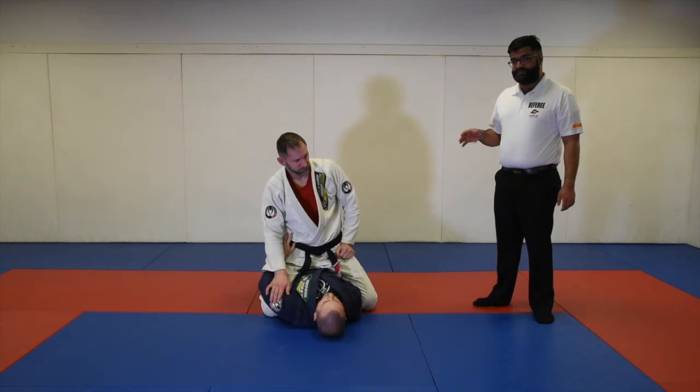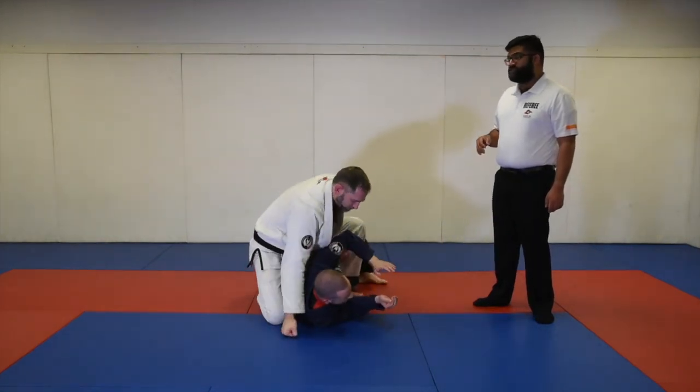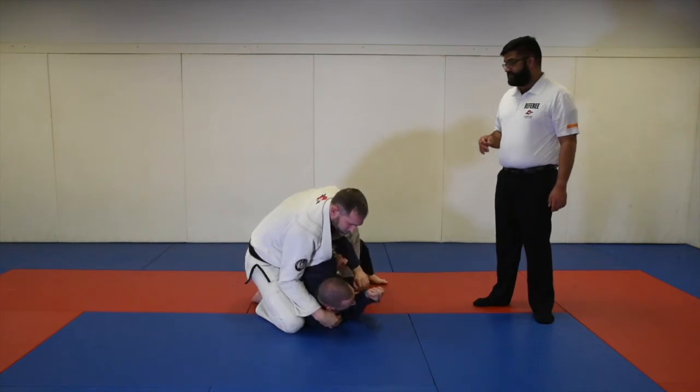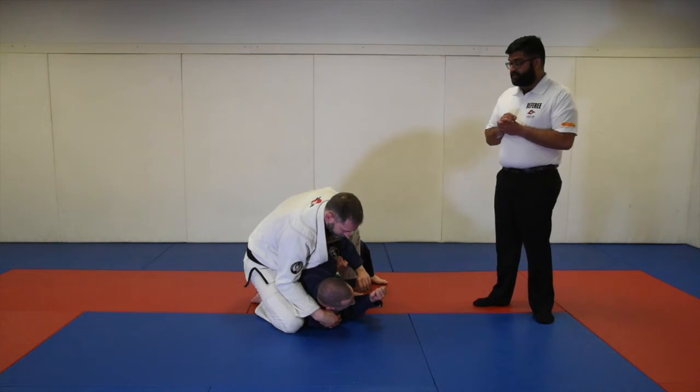Now this is not the only position where you can get mount points. Professor Lane goes to the side. This is also deemed to be mount points. This is a sitting mount or technical mount. This is also considered points. So if you go back to the regular mount position,